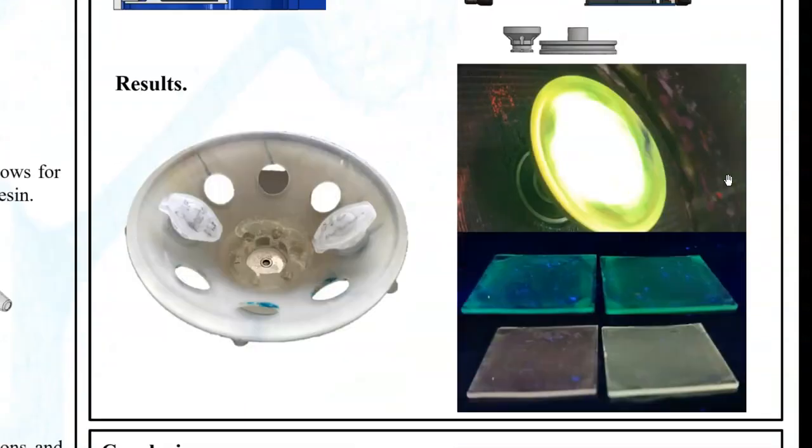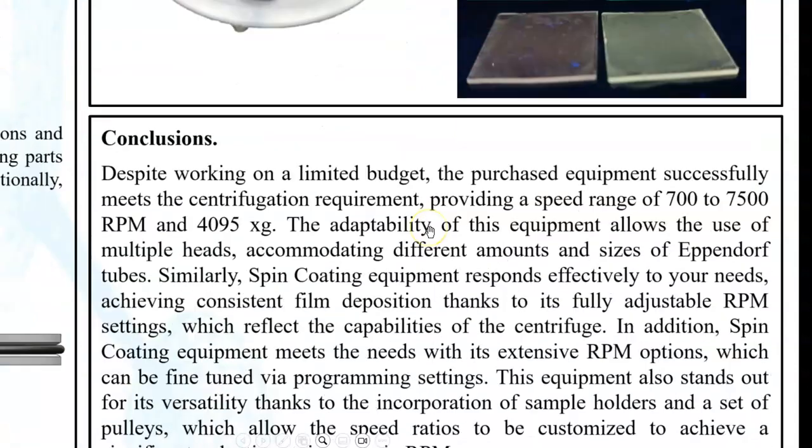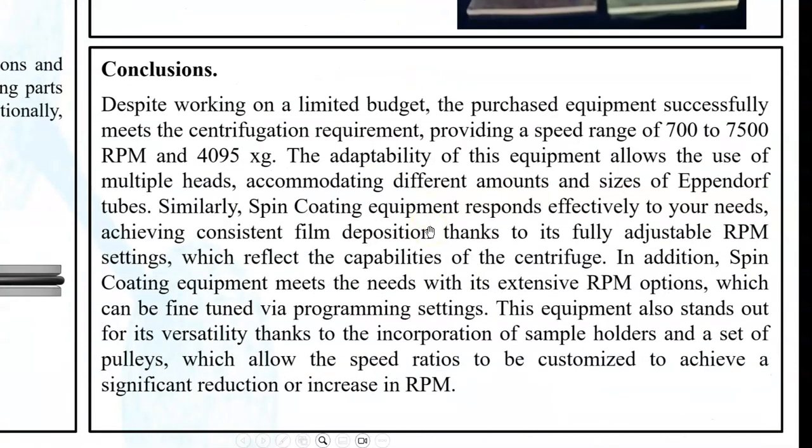As a result, we have a completely usable centrifuge with a fairly wide range of revolutions and a device to create thin films whose results are quite satisfactory, obtaining good uniform dispersion throughout the substrate, in addition to the fact that both devices only need a 12V voltage source to work. Conclusions: despite working on a limited budget, the equipment successfully meets the centrifugation requirement, providing a